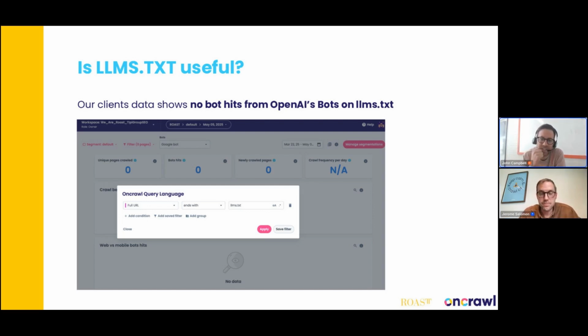I just see this as a step backwards from the technology, is that their technology has the ability to just go to your website, crawl it and understand it. And so the amount of effort just to educate all the webmasters out there to create this brand new file that you don't already have, and the chances of you creating it and getting it wrong, etc., it just seems like